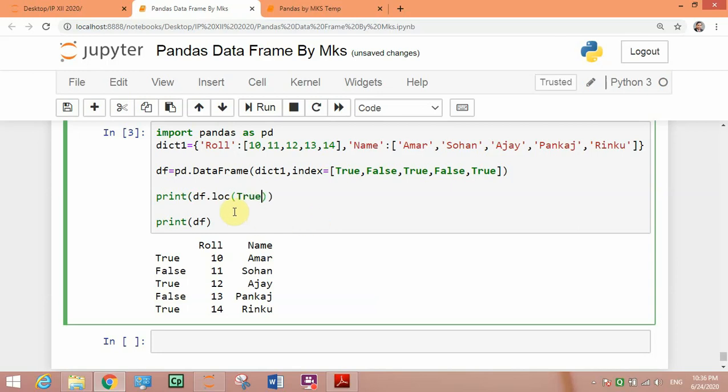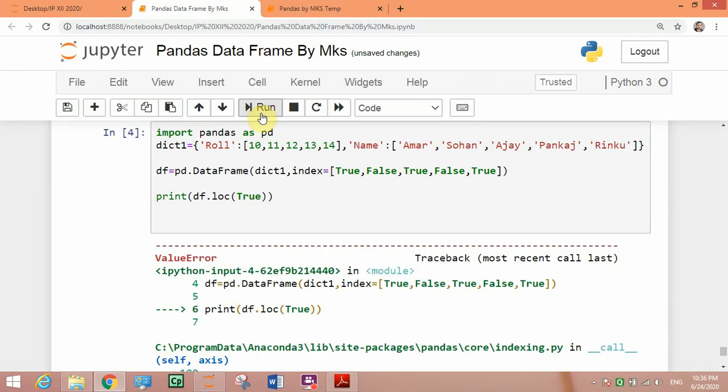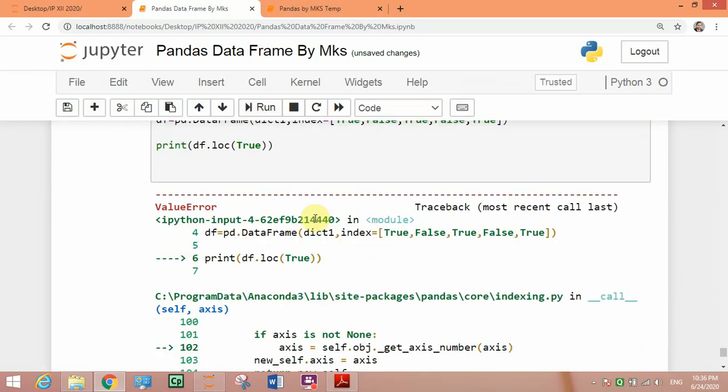So print all those records which are having index value true. So we'll run and see what is the problem.